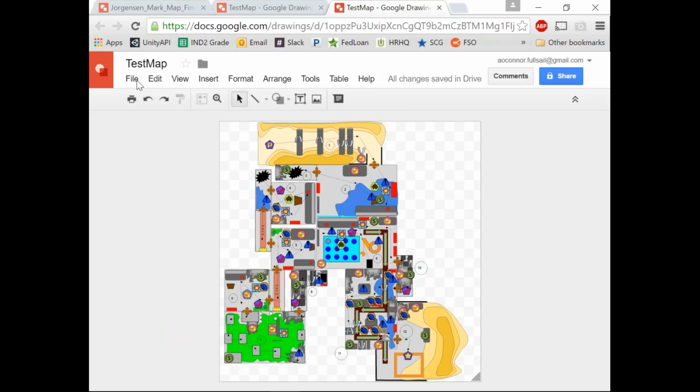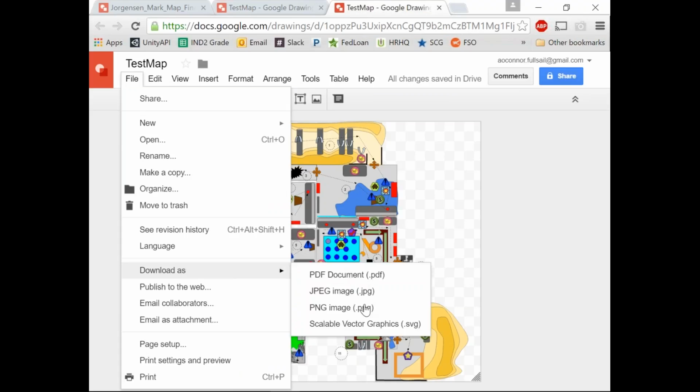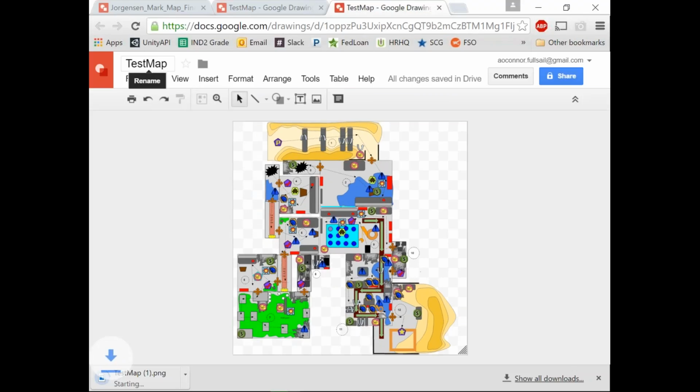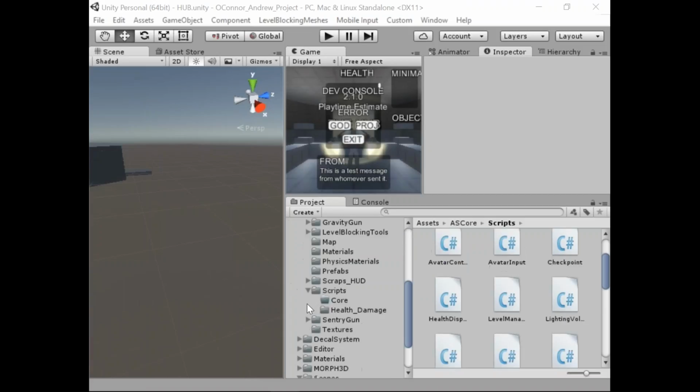I'm going to go ahead and download this. So you go to File, Download As, PNG. Whatever you name your file right here is what the name of the PNG is going to download as. There it is. So now that we're inside of Unity, I'm just going to go to